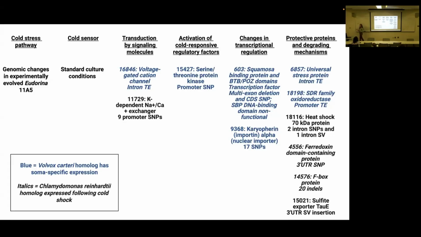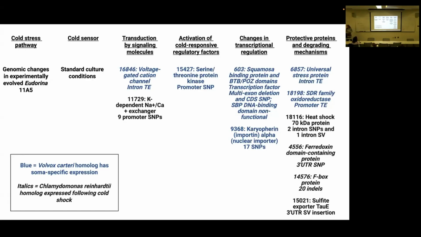So basically, you've got this transcription factor that's a developmental regulator that's normally downregulated in response to cold shock that is no longer present, which might be playing a role in, say, the constitutive activation of the cold shock pathway, potentially. There's also a nuclear importer with 17 SNPs here, and I think this represents secondary adaptation to developmental and